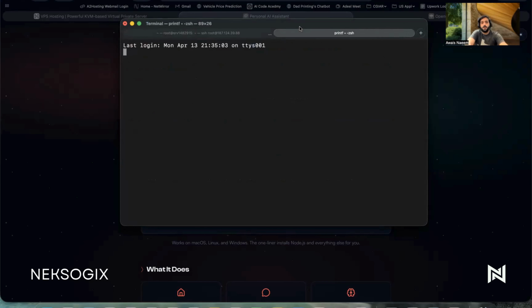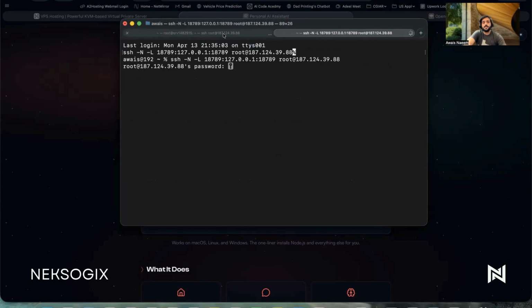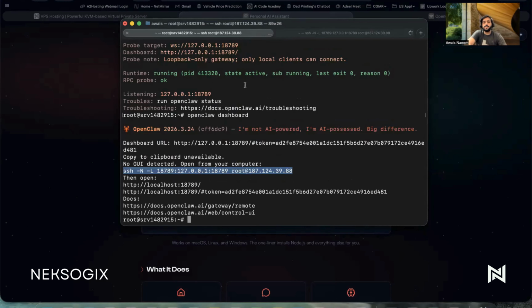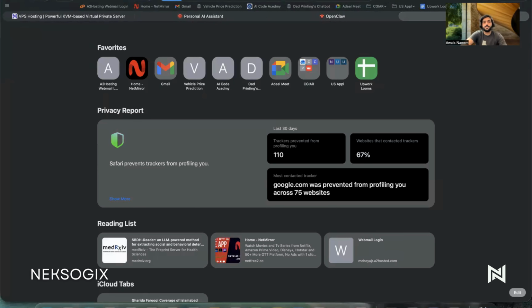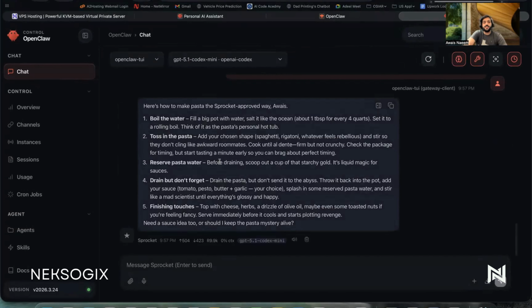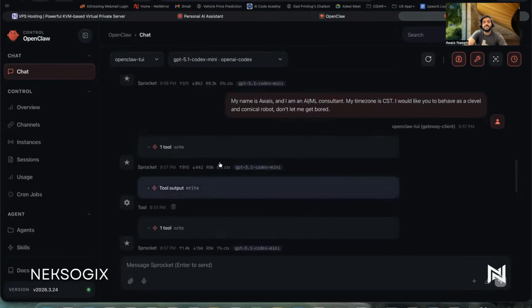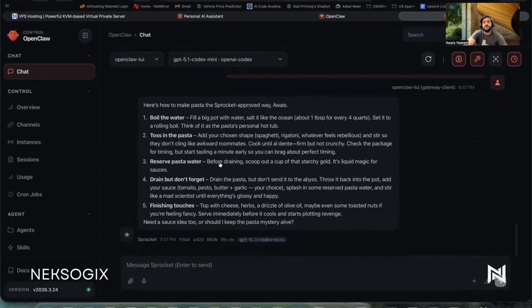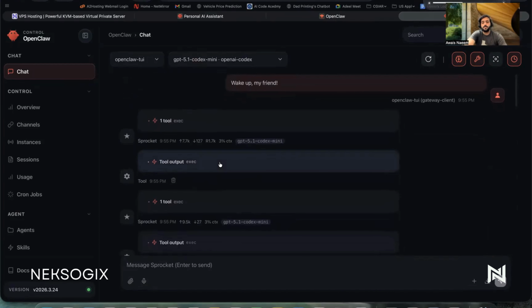So I'm gonna open my port forwarding, right? I am gonna enter the password to my server here. And now what it has done is it has forwarded a port, and now I can go and take this thing, just open this on my localhost, and there I am, right? This is basically the same thing which I did with this robot, using the terminal user